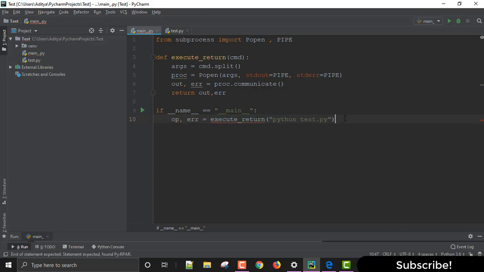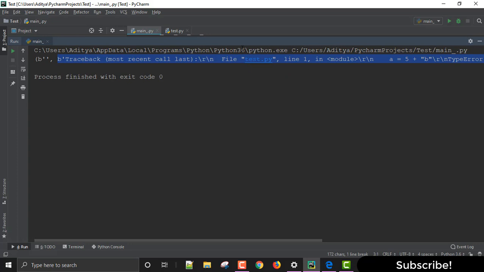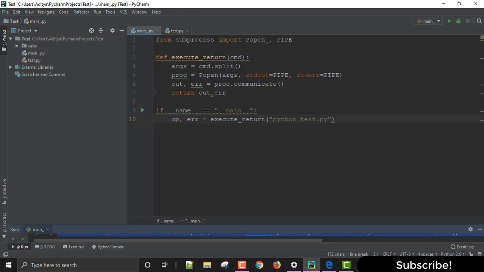And then we see that this error that it is returning is a binary object, but we would be interested in converting it to string. So let's create one more variable, error message, and we are going to decode this from binary to UTF-8,